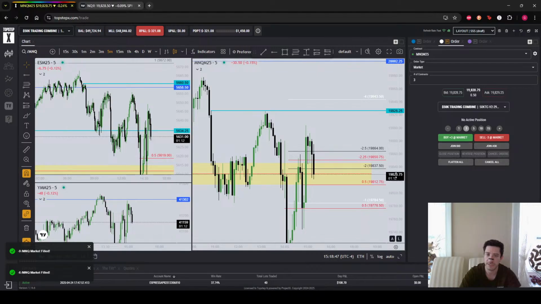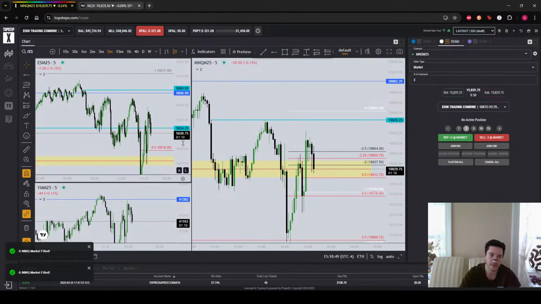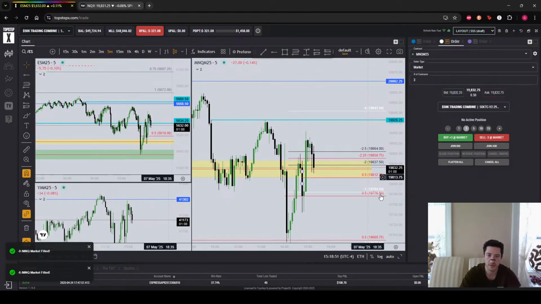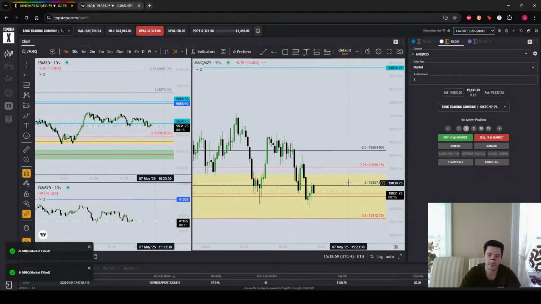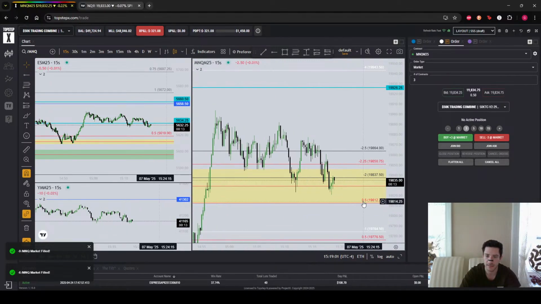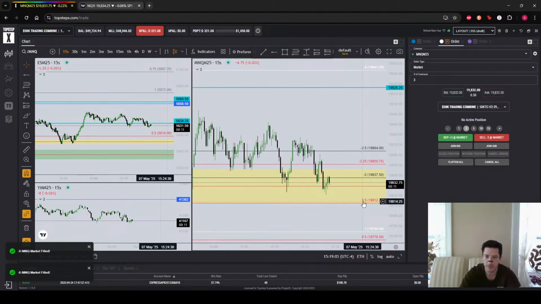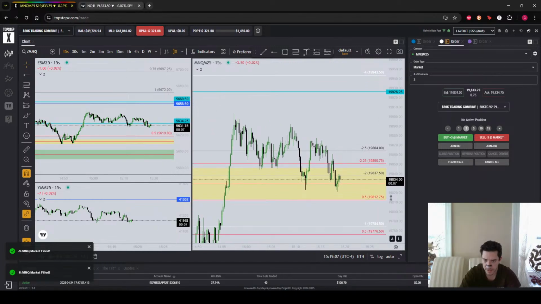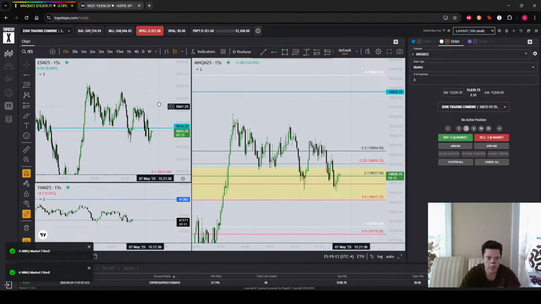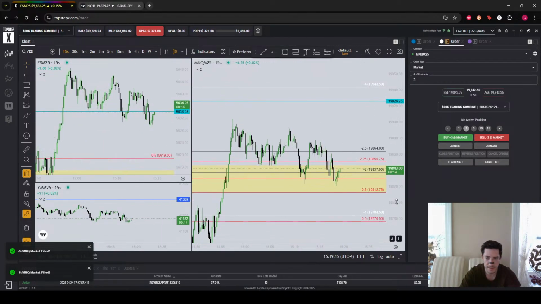Okay, so the press conference just ended, so that means we have the all clear to go higher if we're going to. I would like to see it just a touch lower. Yeah, just take out this low once more. That would make sense to me. Might try to squeeze a couple points out of it on the low end. Wouldn't mind it.